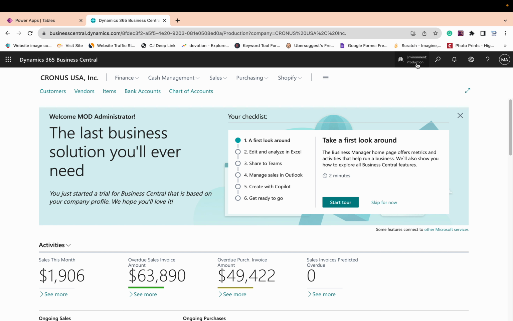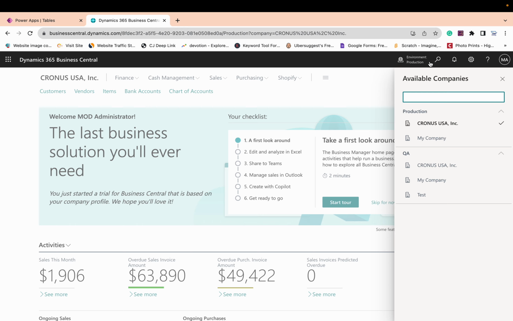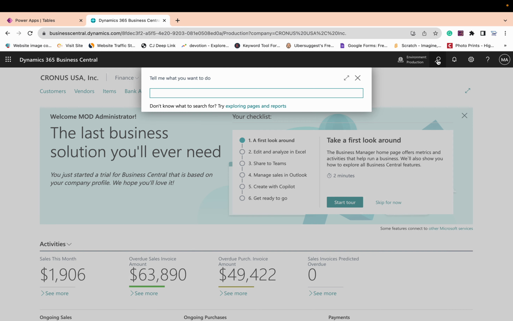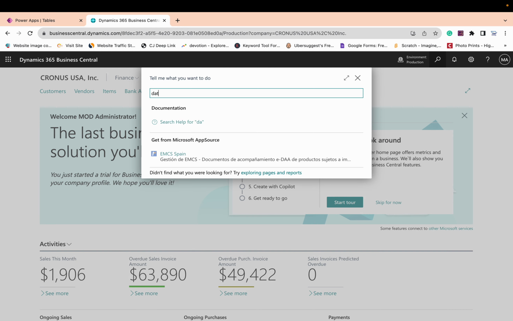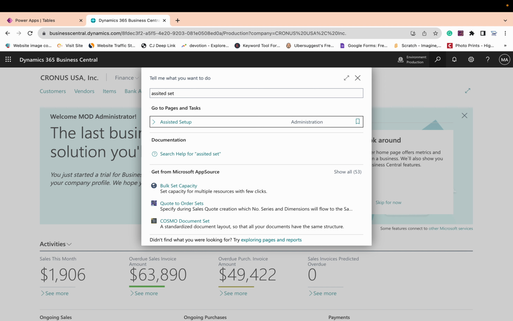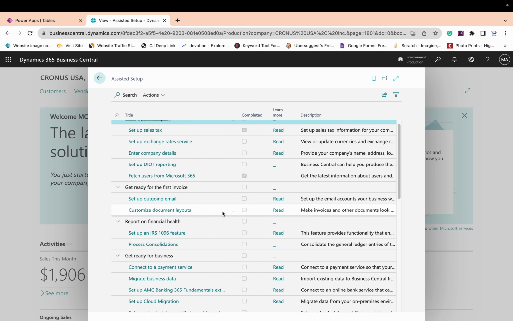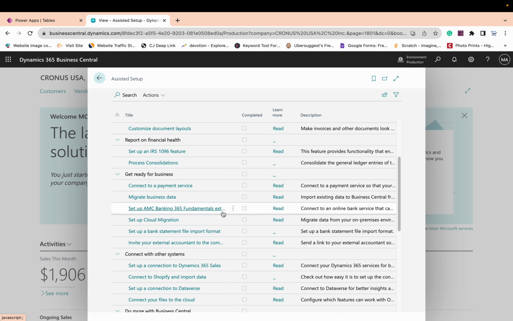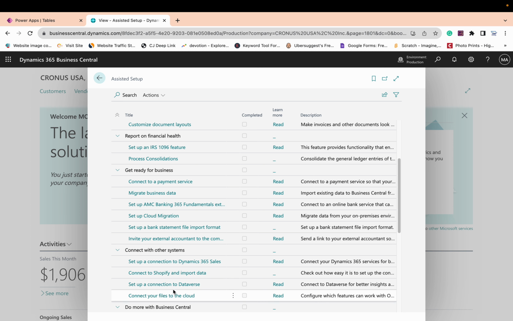So for that, let's say I'll go to the assisted setup, and you come down here and you will see this option called set up a connection to Dataverse. Okay, so you have to click on this link,